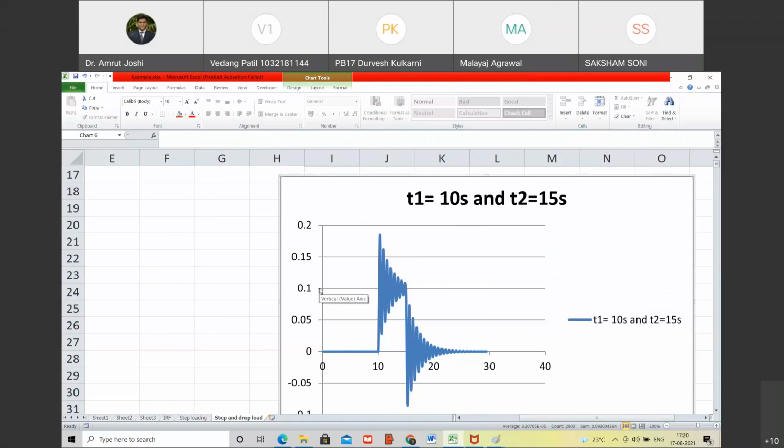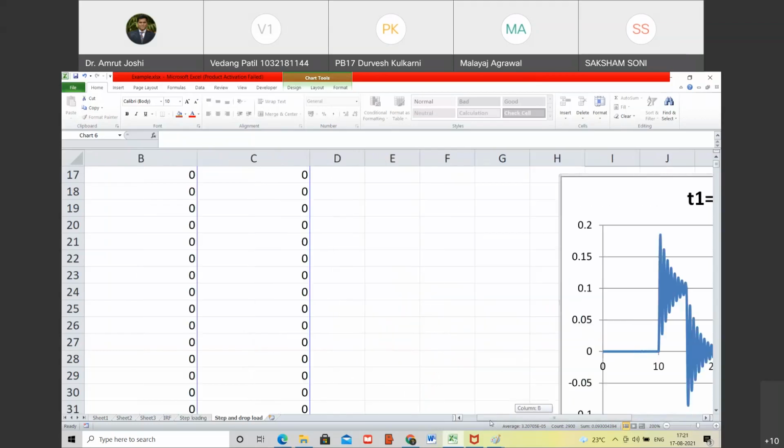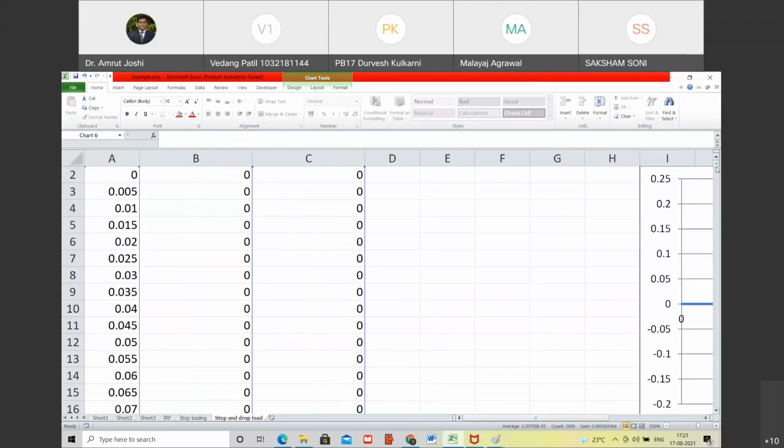Yes. So as I said, from 10 to 15 seconds, you will experience the vibration around 0.1. Are you with me? Yes, sir. And when load drops down, the vibration will shift and it will become around 0. Are you with me? Yes, sir. So that's what we observed. But here also you will see before this vibration decays down, the force has suddenly dropped. Happy?